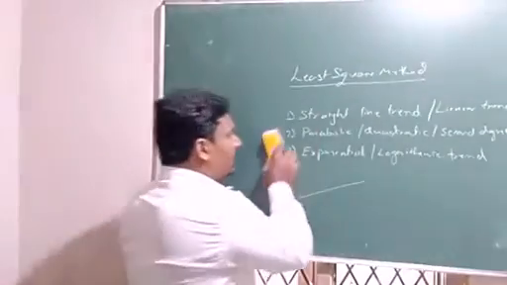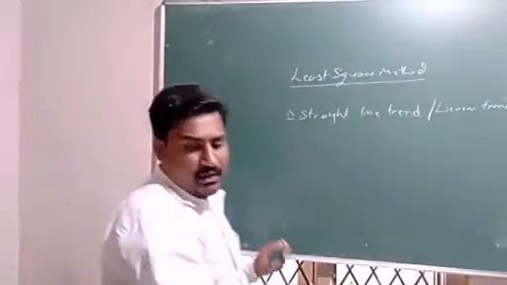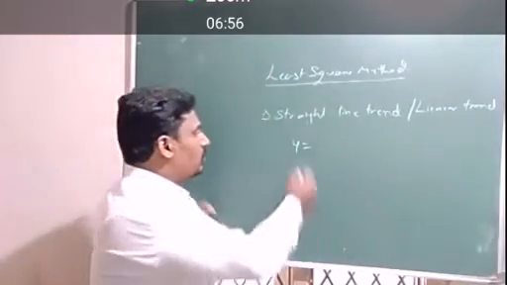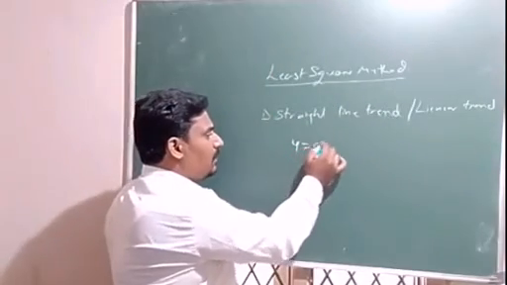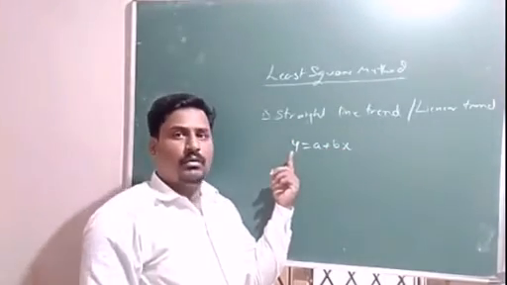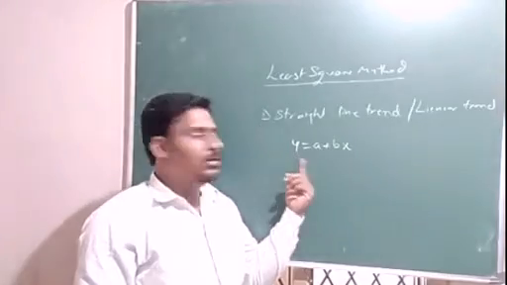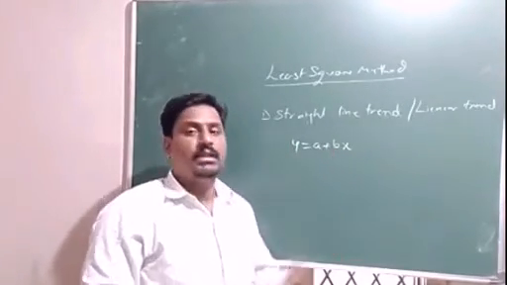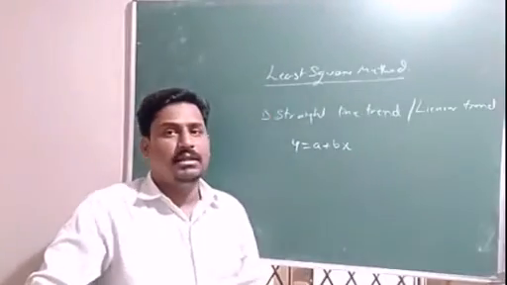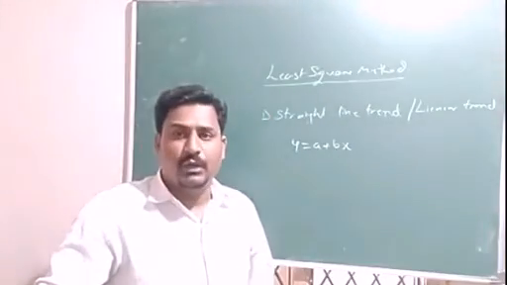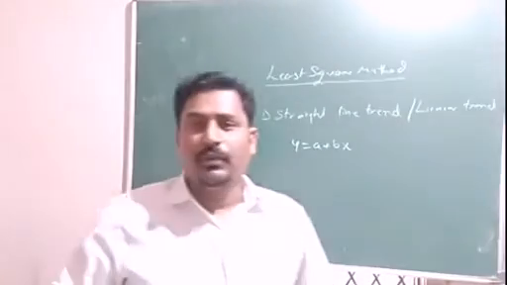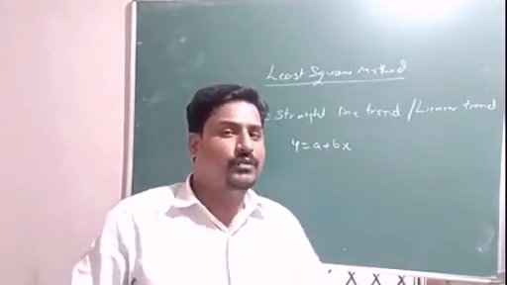For the straight line trend, we find the trend values by assuming an equation, that is, y is equal to a plus bx, where y is the given value, a and b are the two constant values, and x is a variable taken from the time value. We don't know the two constants, so to calculate them,